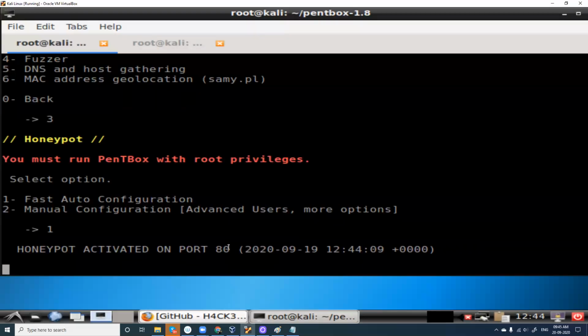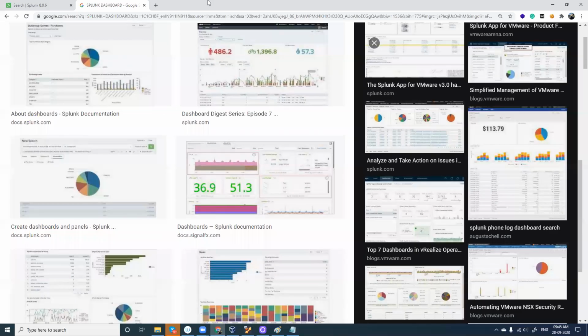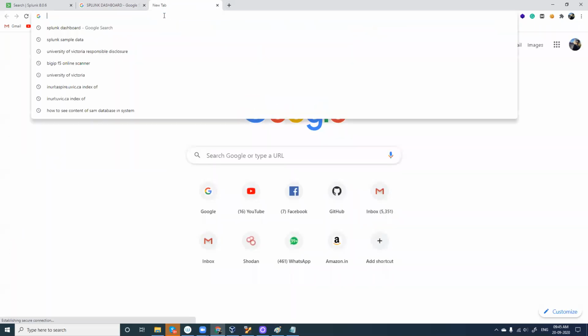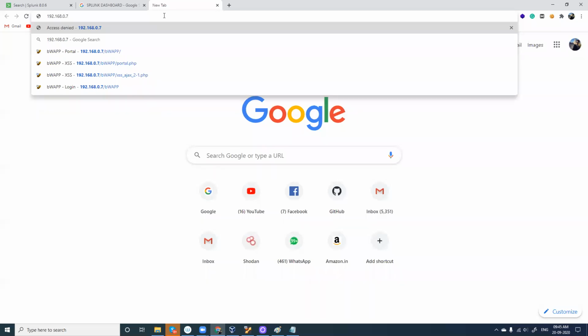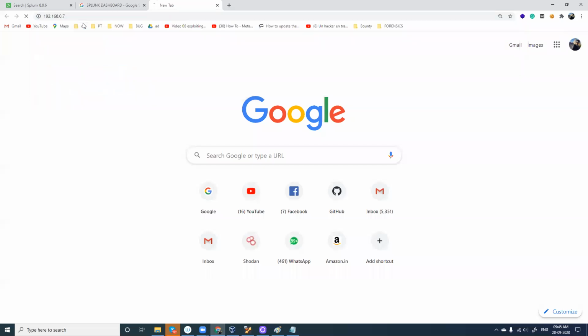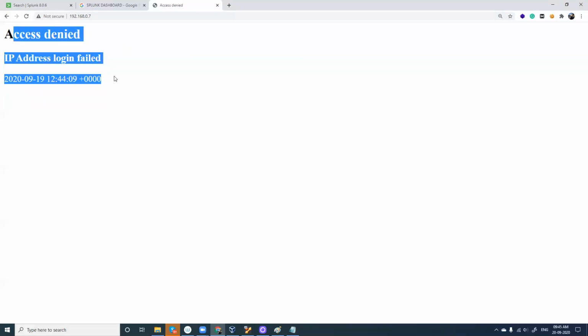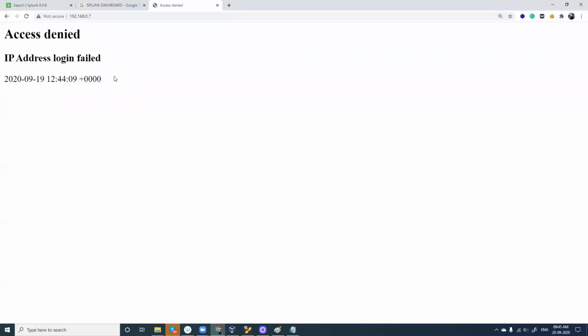Yes. So now I'll go to my browser here. This is my Windows 10 browser. I'll try to connect to this 192.168.0.7. I'm trying to initiate a connection through the browser, so automatically it will initiate a connection on port number 80. So what is going to happen? I'll enter this. It is trying to connect. It says access denied, login failed. This kind of results we usually see: permission denied, access denied. We usually see this on the internet.